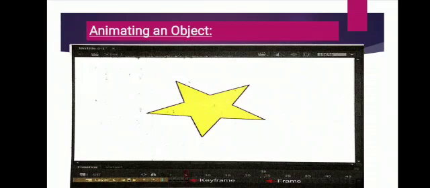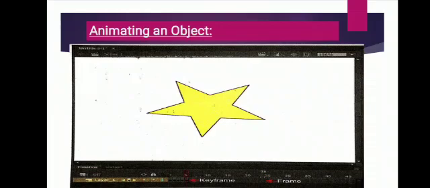Similarly, continue inserting keyframes by repeating the above mentioned steps, means by using the F6 key, till you reach the 10th frame. Okay, means from first to 10th frame. In the first frame you have a red color star, in the second frame you have a yellow color star, till it reaches the 10th frame. Now with every keyframe you can change the position of the star also. You have to keep this in your mind, that you have to change their position also. So it will show the animation, means you will see the movement in the star with change in color.